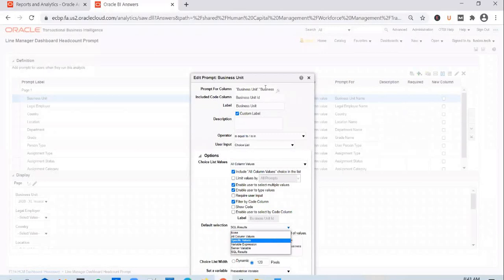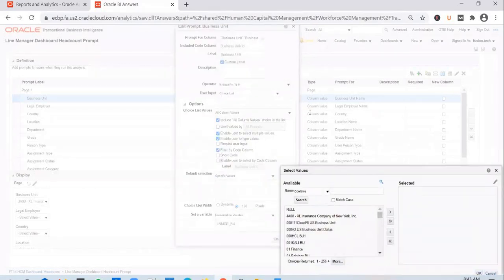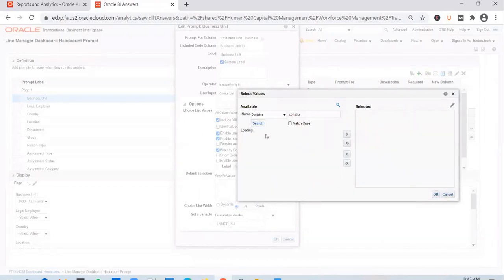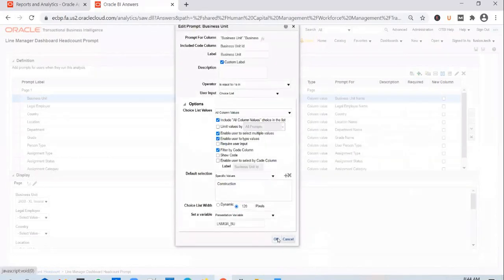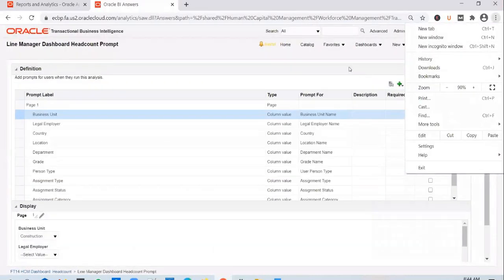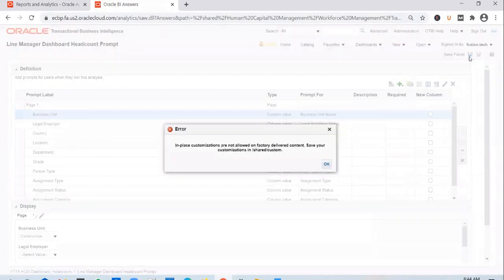Click on it, select specific values, take off the query, add in a specific value, and you can select construction. Add it. Click OK. And now if you try to save it, let's see what happens.